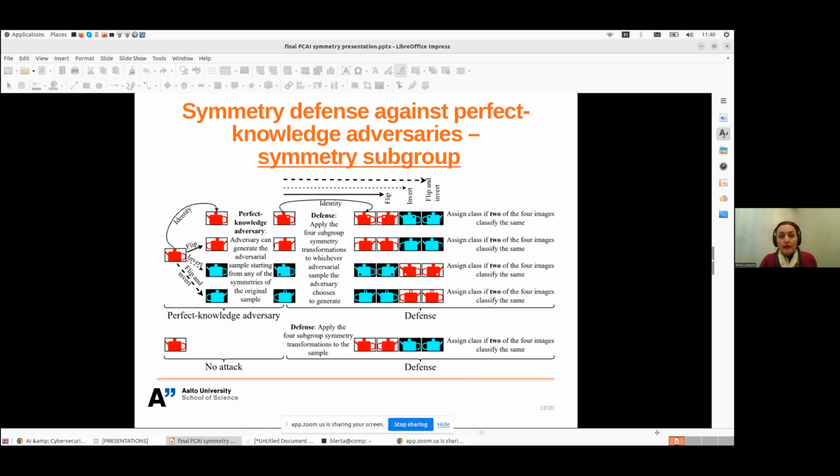And here there's an outline of what the attacker can do, but also showing, at the very bottom, what happens if there is no attack. From the point of view of the defense, every sample that we try to classify is handled exactly the same. So it doesn't make any difference whether the sample is adversarial or not. So here